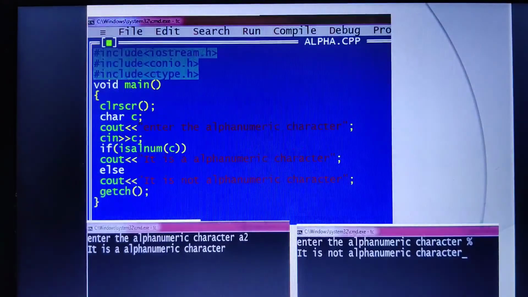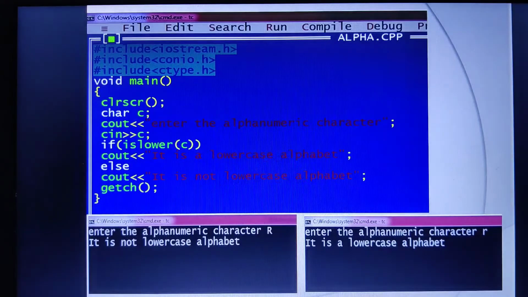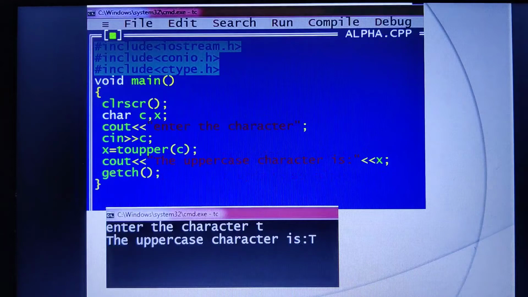Now here is an example. Toupper: you can see here, enter the character, whatever character you might have given, the lowercase t you have given. So the t is stored in a variable known as c here. Now toupper of c, that means c is replaced with the small t here.